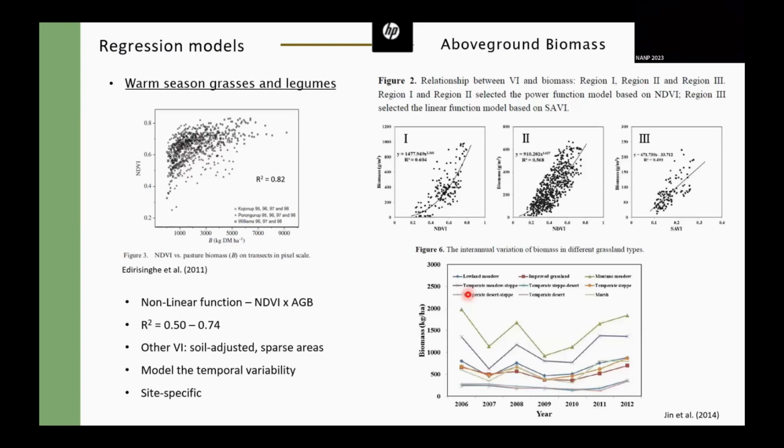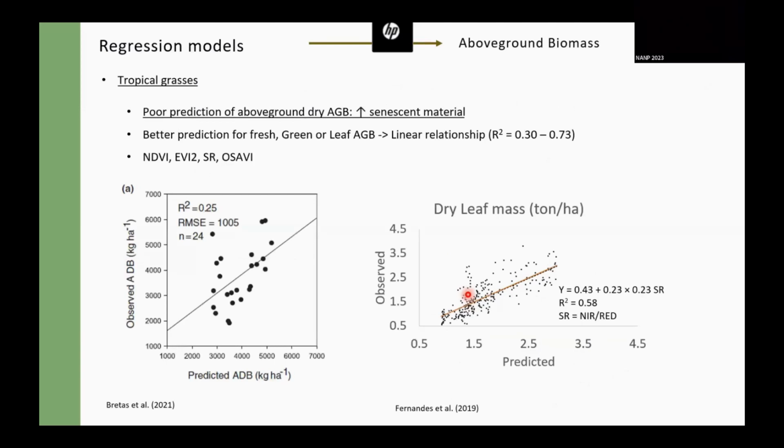But for sparse areas, the best ones are the soil adjusted vegetation indices, which result in better correlation. Those models are able to capture the temporal variability of the forage production, but they are always site specific. In terms of those regression models for tropical grasses,